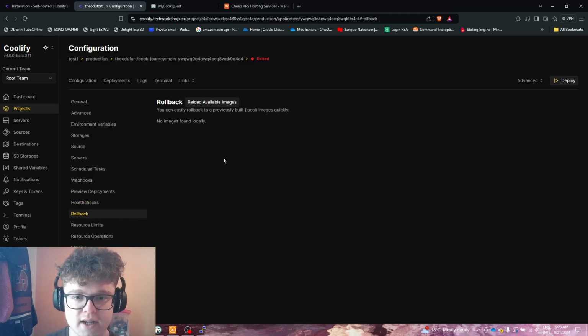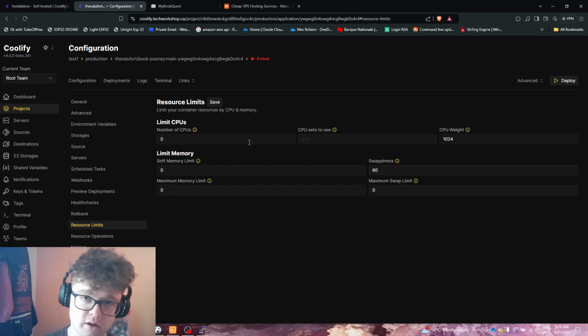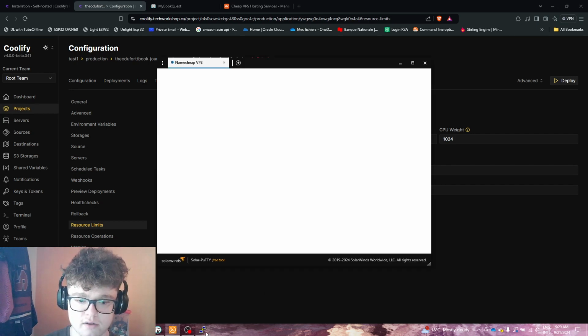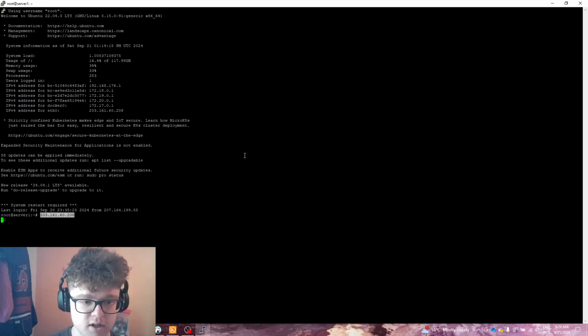We have rollback, so this is where when you build images locally, it keeps another version of it. Each time you rebuild, you're going to have the opportunity to roll back to your previous image you've built. You could also set limits of resources. So in my case, for my VPS, I have